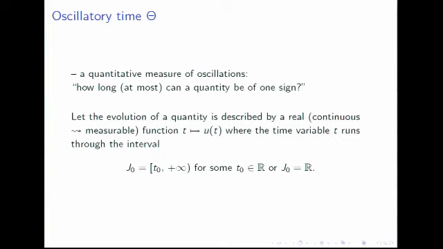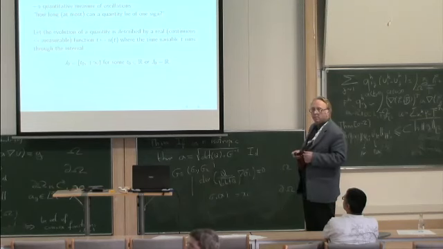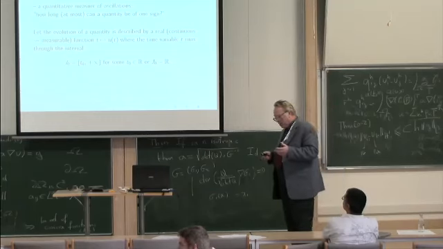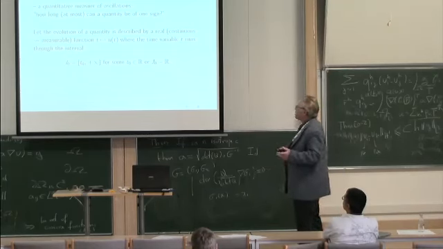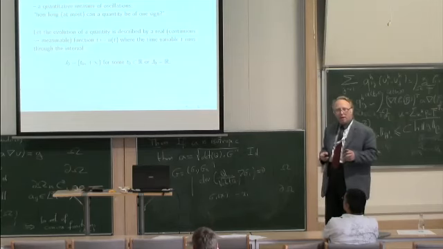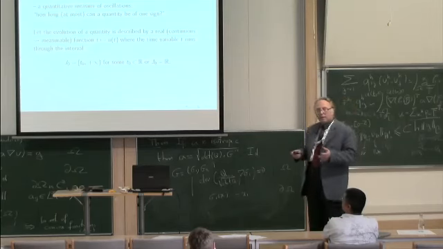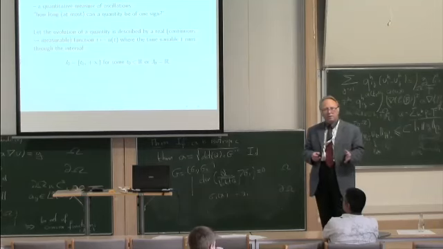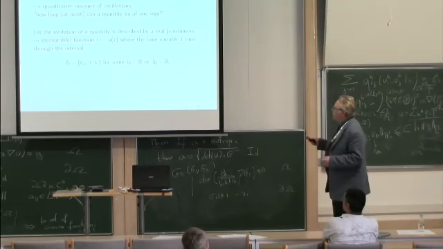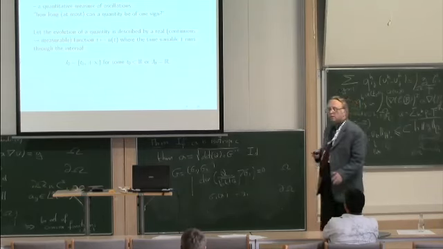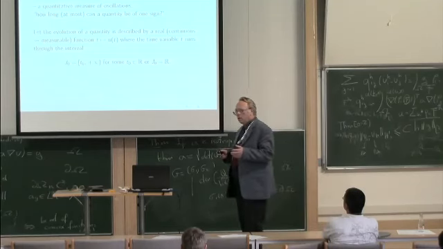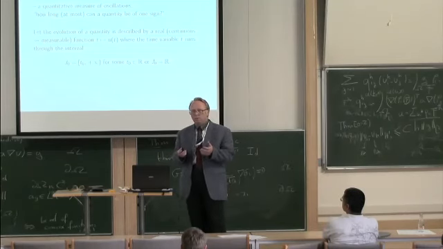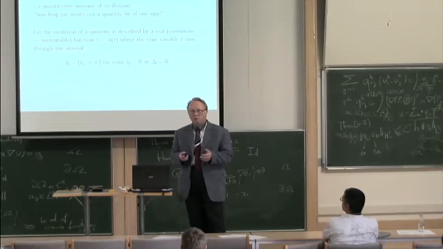One of the quantitative characteristics of oscillations is the oscillatory time, which answers the question, roughly speaking, how long at most a quantity can be of one sign. So the evolution of a quantity is described by a real function, continuous, but the definition applies equally to general measurable functions,